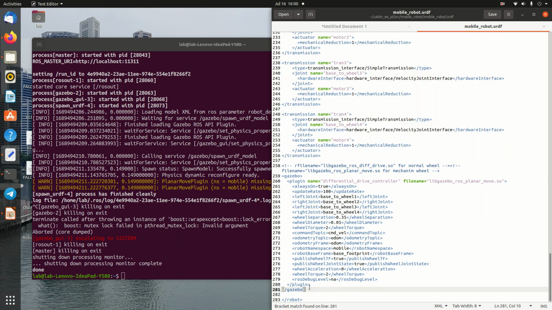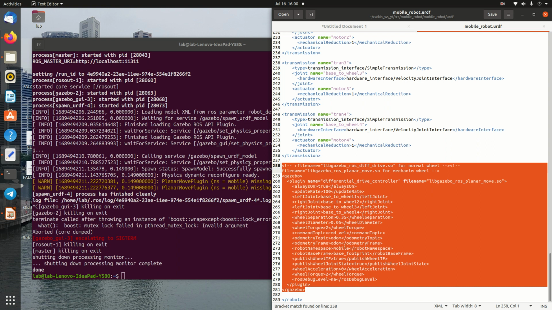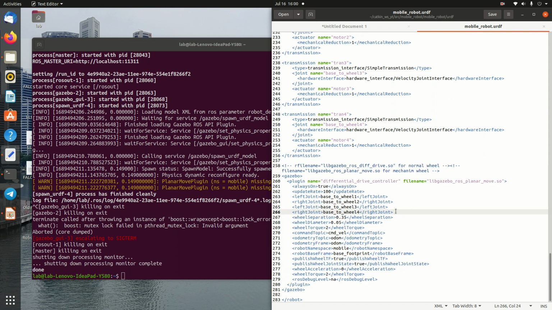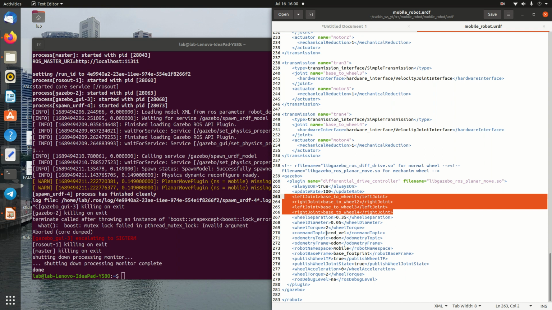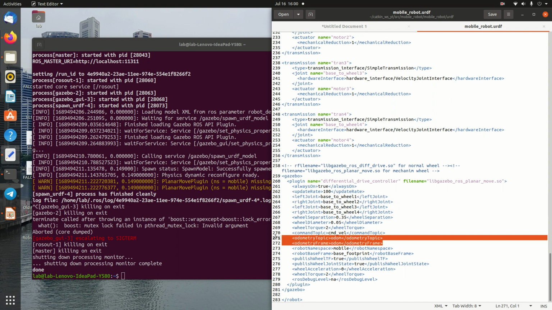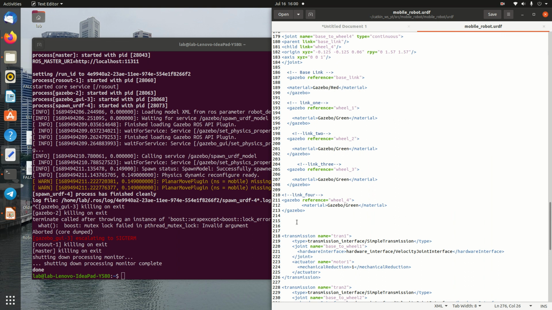And also here is a plugin for a differential mobile robot in the Gazebo. In this case we define our 4 wheels here, which are connected to the odom link, which is a virtual link, and it's going to rotate our wheels to push the mobile robot forward or backward in the Gazebo environment. Okay,